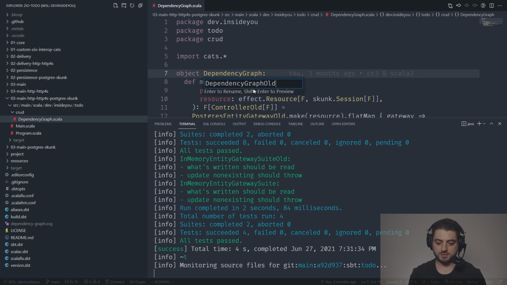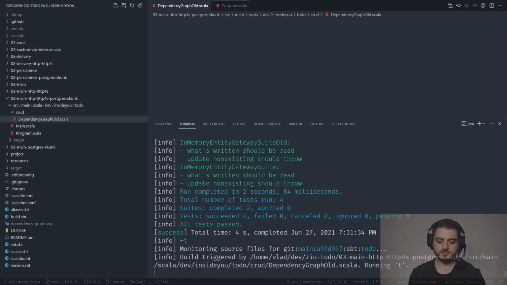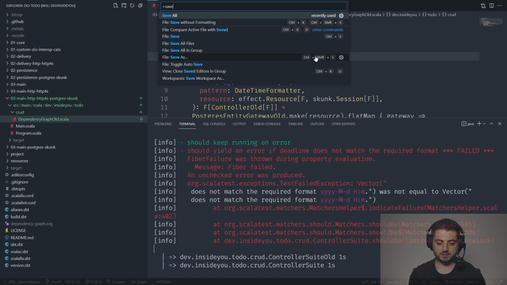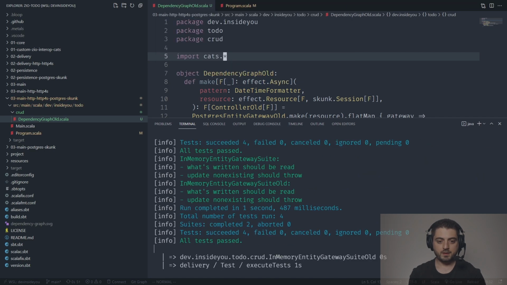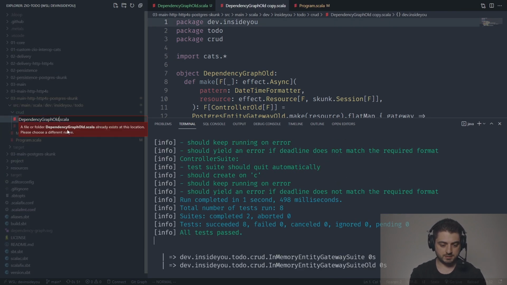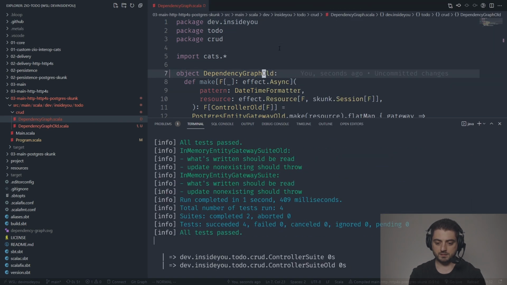I'm going to change it to dependency graph, Alt, Shift, Enter. All right, main HTTP, yes. Main HTTP, yes. Main HTTP, no. Only these two. All right, and save all of them. And let's go over here and copy paste. And this is going to be just a dependency graph, and close the other ones and find the O, delete